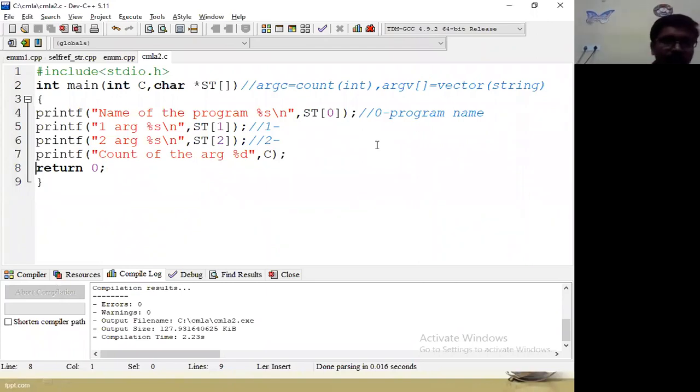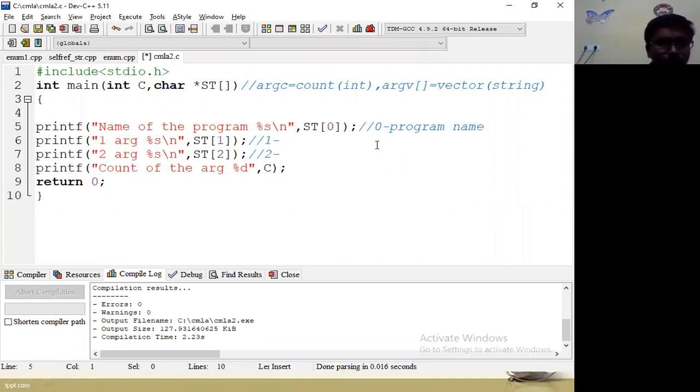Next we can see two more parts, then we can finish the command line arguments. Further, there is no need to print the program name.